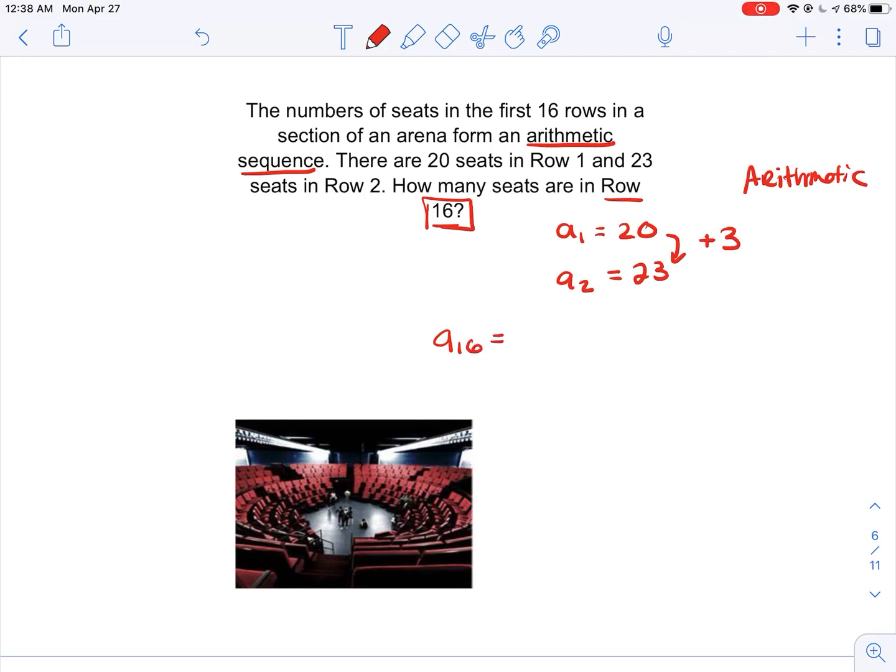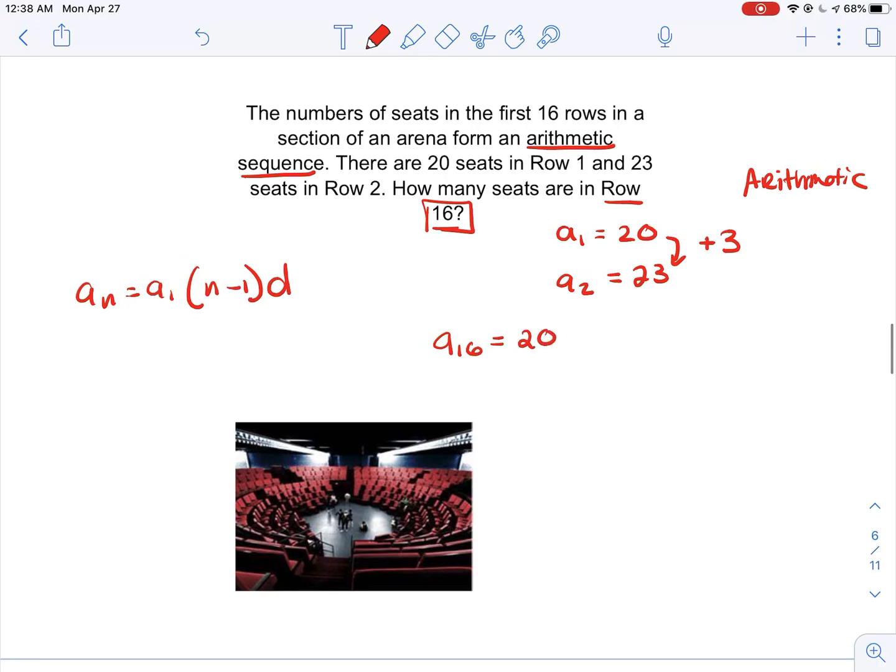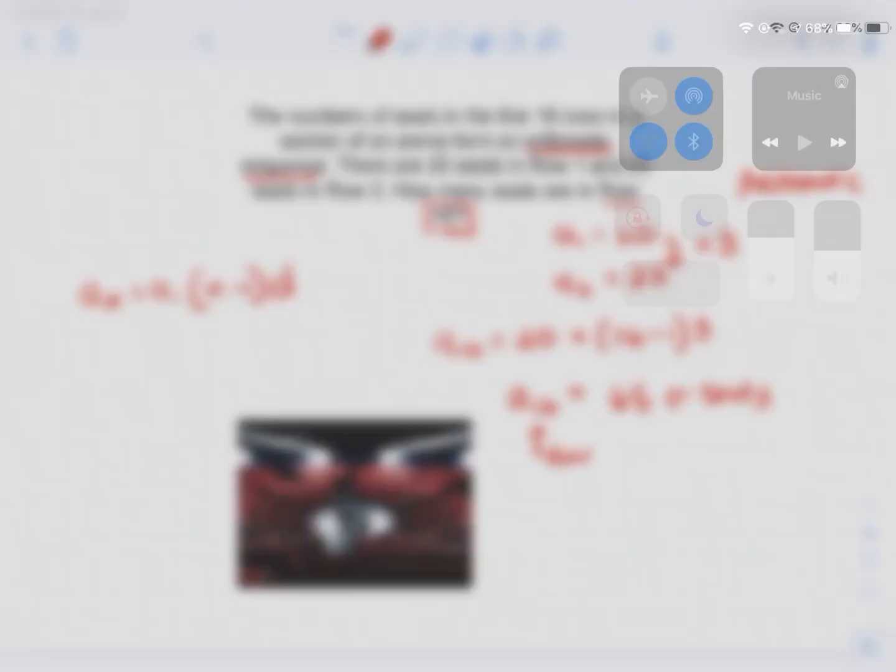So now if I want to find what happens in row 16, I can substitute directly into the formula. A sub n is equal to A1 plus n minus 1 times d. So my first term is 20 plus 16 minus 1 times 3. If you plug that all into your calculator, you should get A16 is equal to 65. So that means in row 16, I have 65